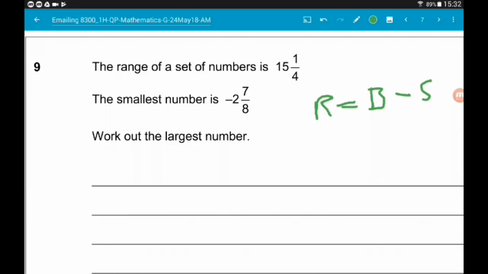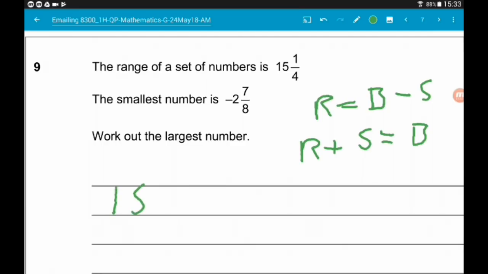Here, we want to work out what the biggest number is. So if we rearrange this formula to make B the subject, we get the range plus the smallest is equal to the biggest. So we then want to do 15